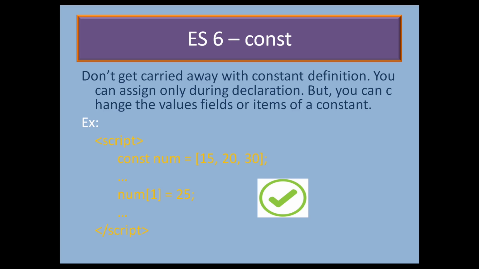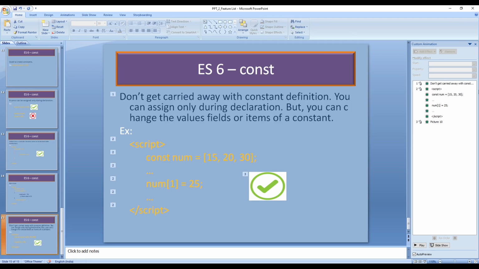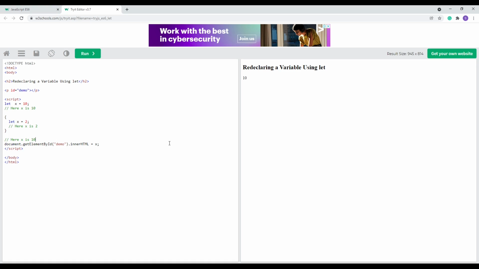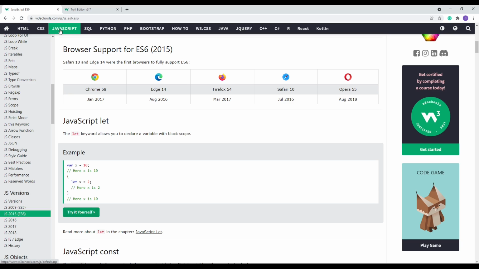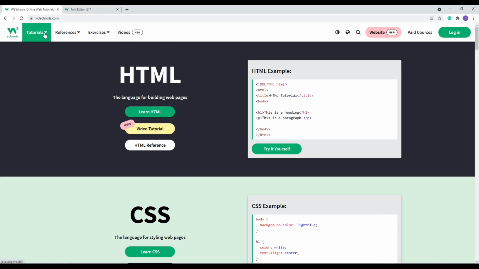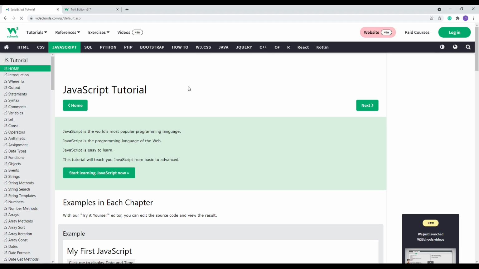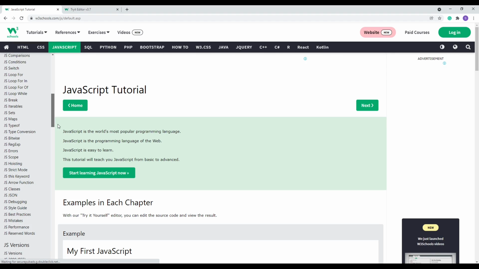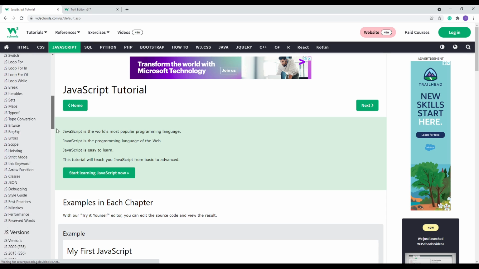And now let's see whatever we have discussed in action. So for that purpose, I think we can stop this presentation and let's go to W3 Schools, where we have an editor which is very user friendly. And what you can do is, if you go to W3 Schools, from tutorials you can select JavaScript, and inside JavaScript, if you see here, you have